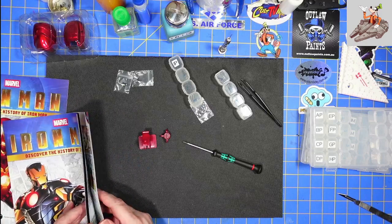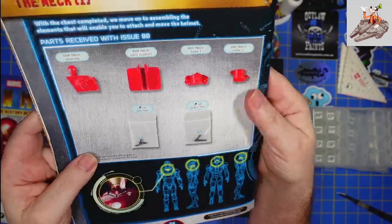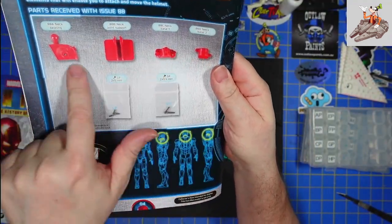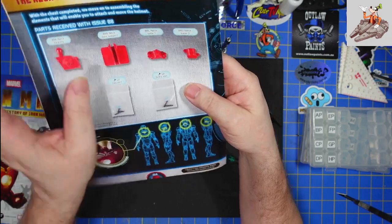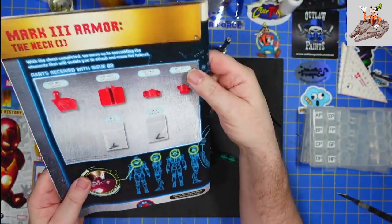So in stage 88 we got 4 pieces. This one here, and these 2. These are integral to supporting the neck. I believe this goes up into the head and this goes down into the body, and stage 89 is going